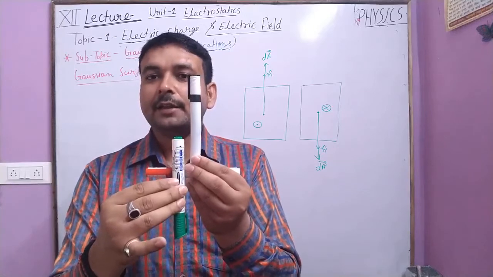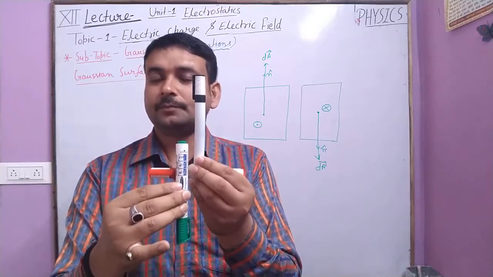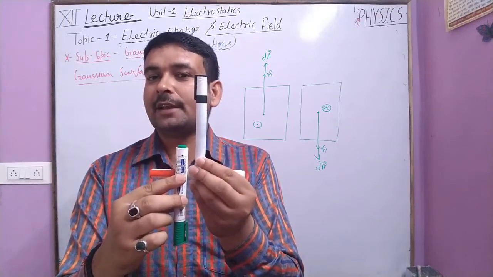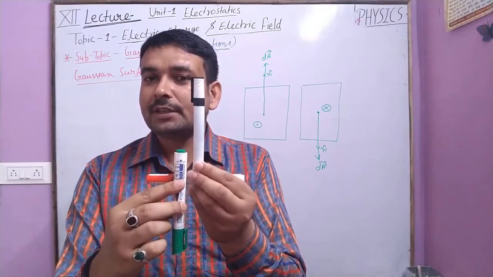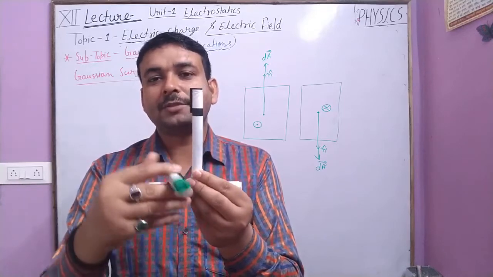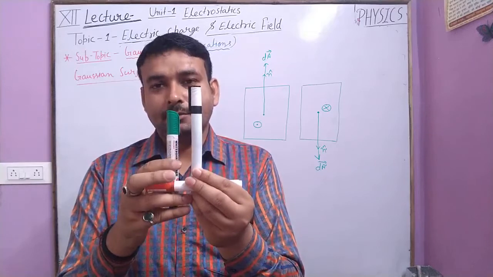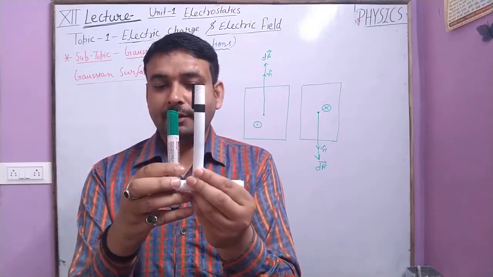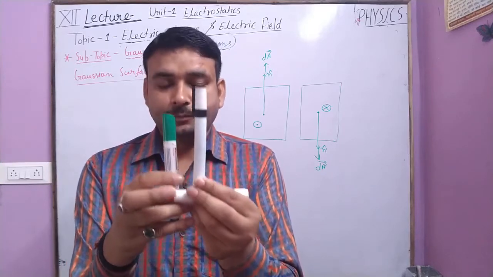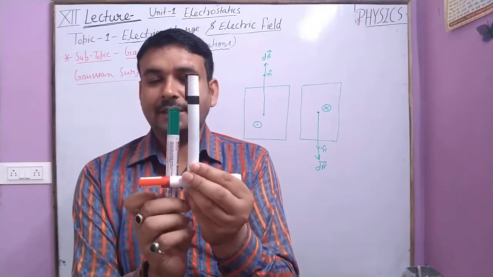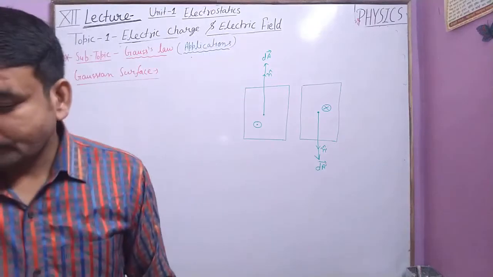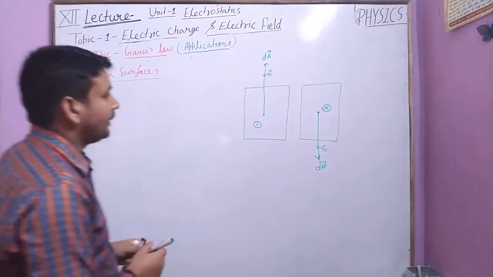So we can say that the electric field is inward to the plane of paper, and in this particular case the area vector and the electric field are parallel to each other, but the angle between the two is 180 degree. Clear? And for this particular case they are parallel to each other and the angle between the area vector and the electric field is 0 degree. Then I think you can easily understand the situations, how to specify the angle between the area vector and electric field.